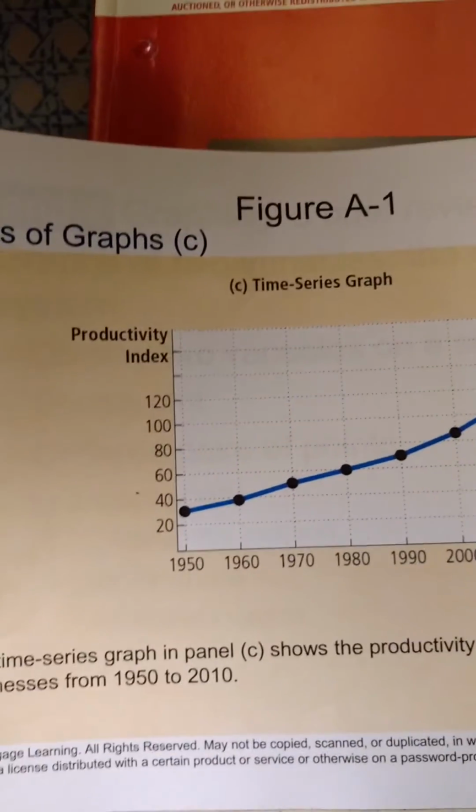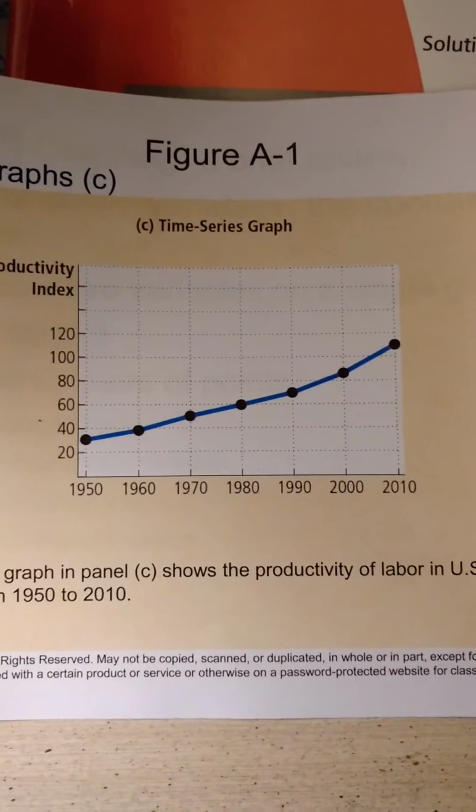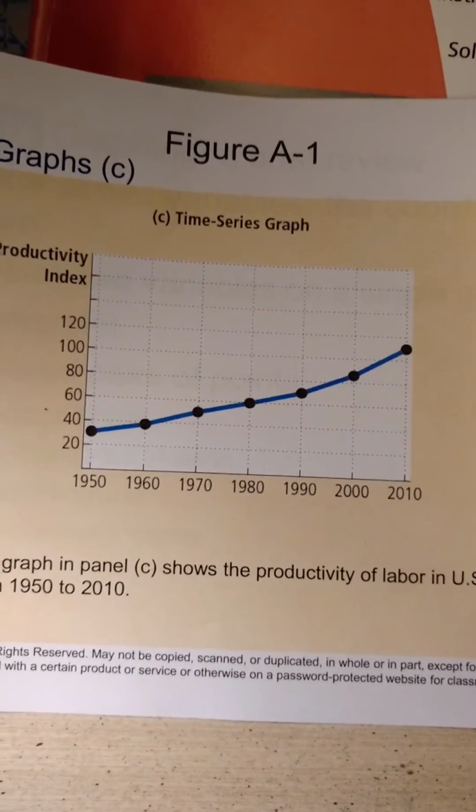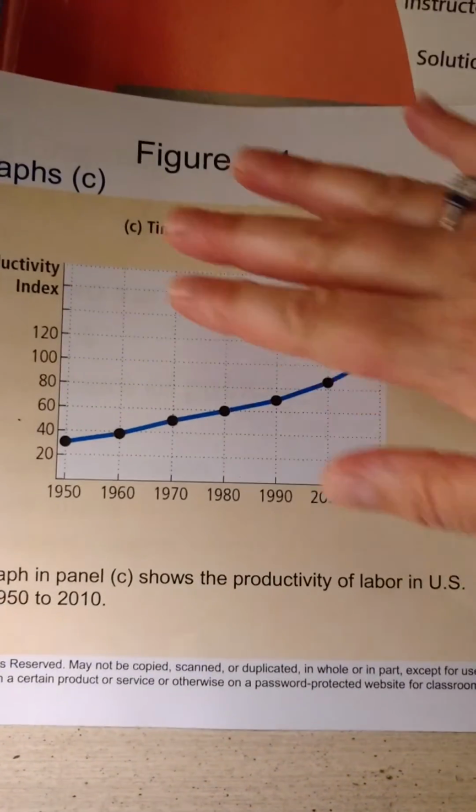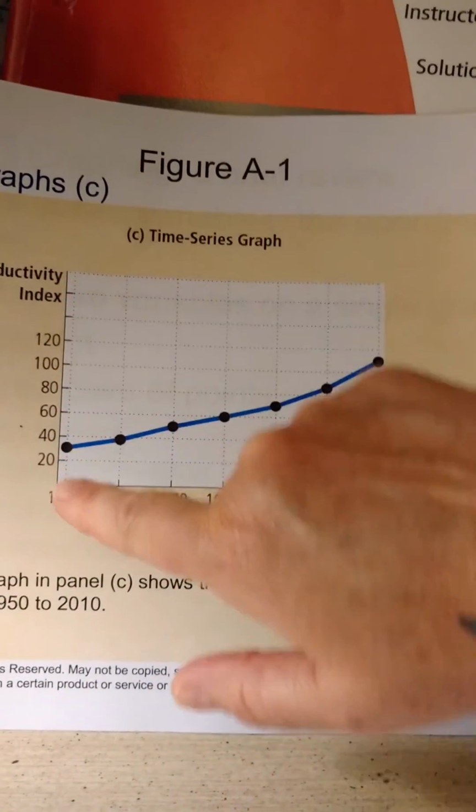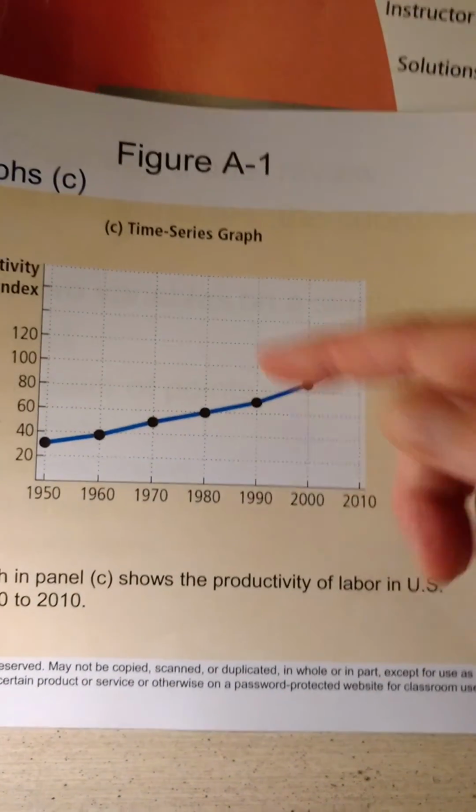Okay, another single variable which we use a lot in economics is the time series graph. So we're looking at productivity, that's our single variable, over time. Again, on the y